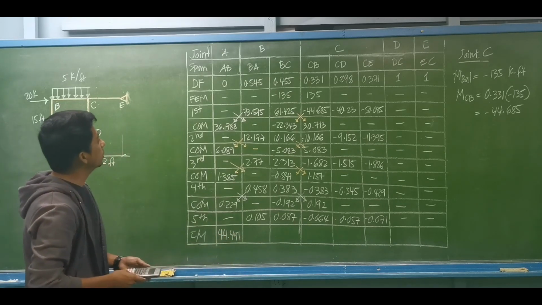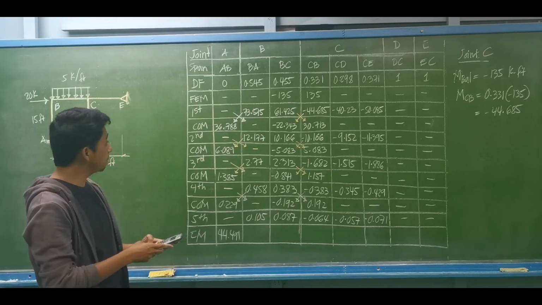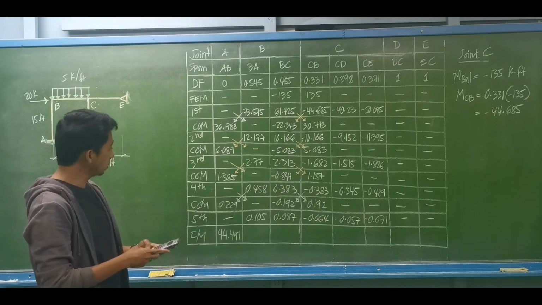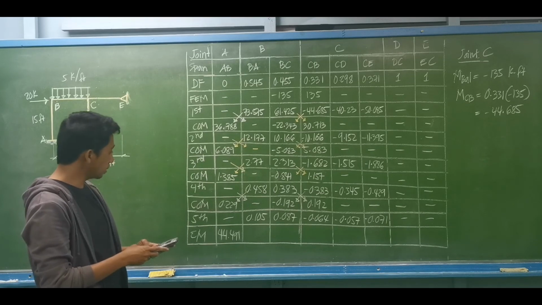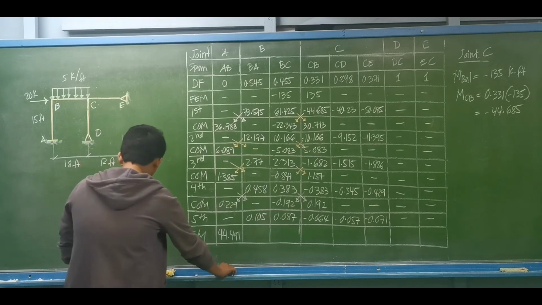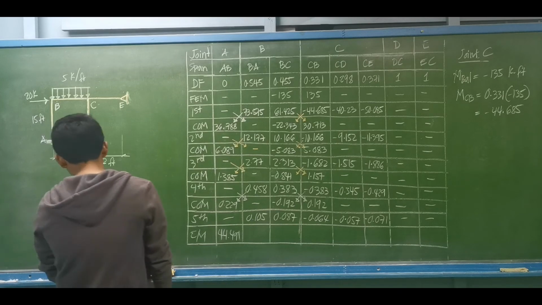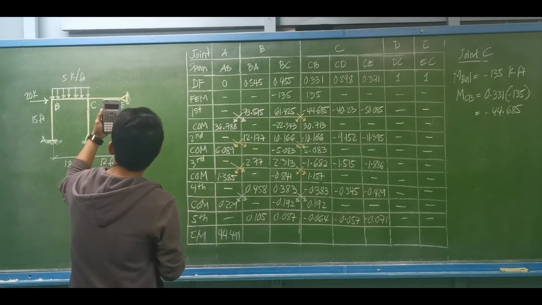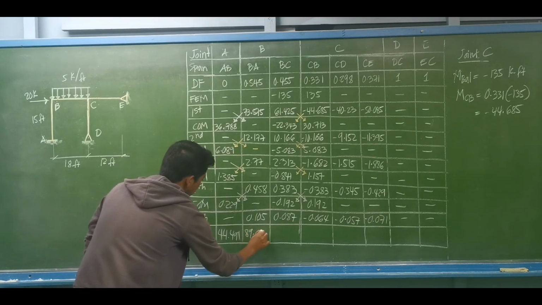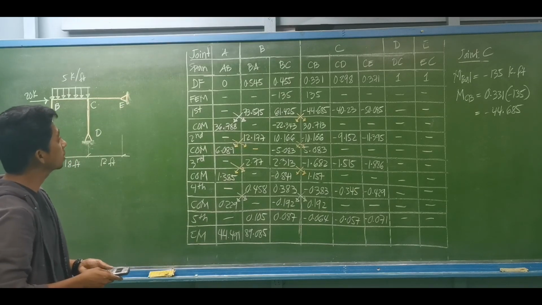And then we have next, starting with the fixed end moment, 73.575 plus 12.177 plus 2.77 plus 0.458 plus 0.105. So we have this equal to 89.085, positive. Then for BC,